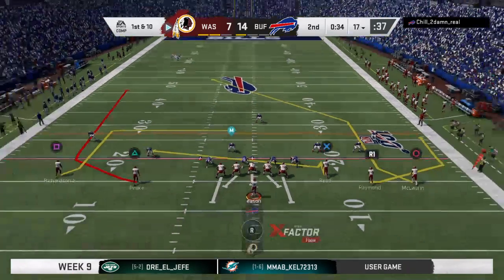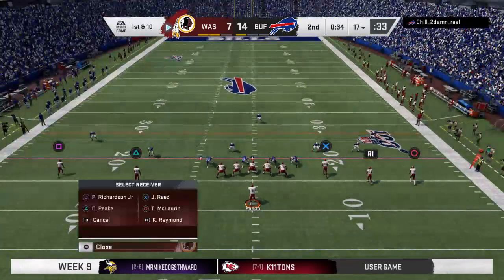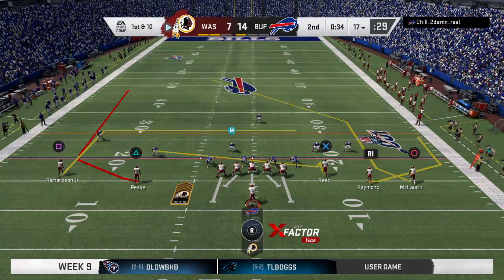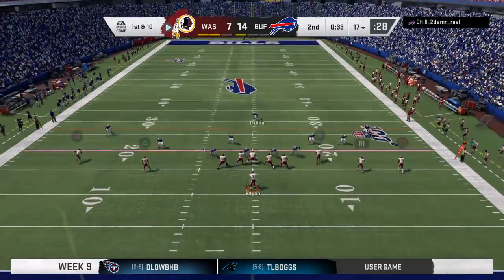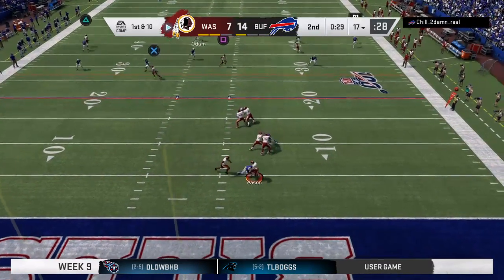Out there ready for this next drive, the Redskins offense. Inside of a minute left in the half, does the fact that you're down on the scoreboard influence what you do or, I guess, don't do on this final drive? It certainly does, but what influences me even more is who I've got running my...